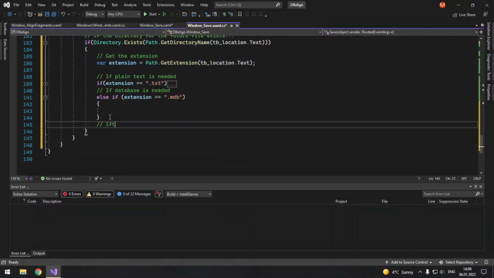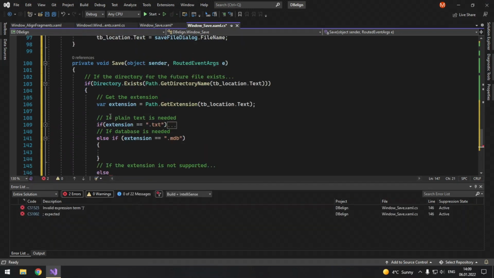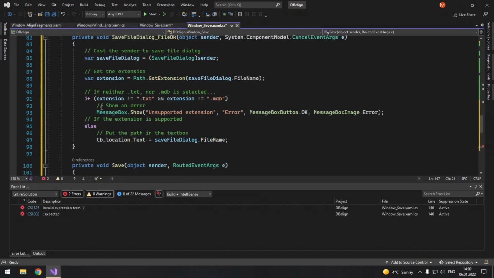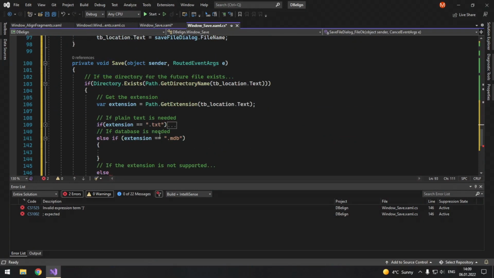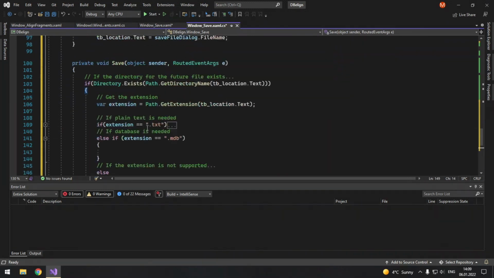Else, so if the extension is not supported, we again show an error here. So unsupported extension, okay. And that is all if the directory exists.